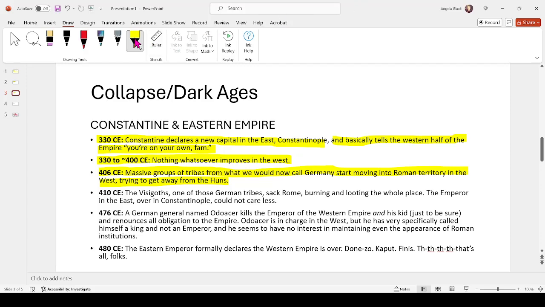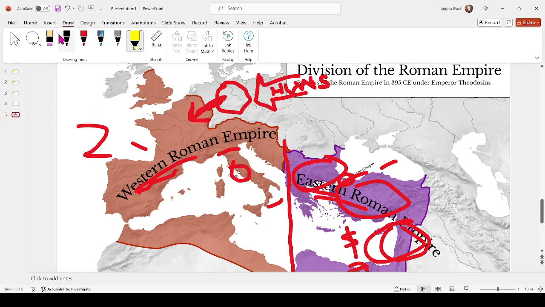Okay, so that is why in 410 the Visigoths, one of the German tribes that moved in, sacked Rome, burning and looting the whole place. So basically, what happened was the Visigoths were one of these tribes that Rome had antagonized as they tried to move into Roman territory, and in response to that, the Visigoths went down across the Alps here and into Italy and attacked Rome itself and absolutely laid it to waste,